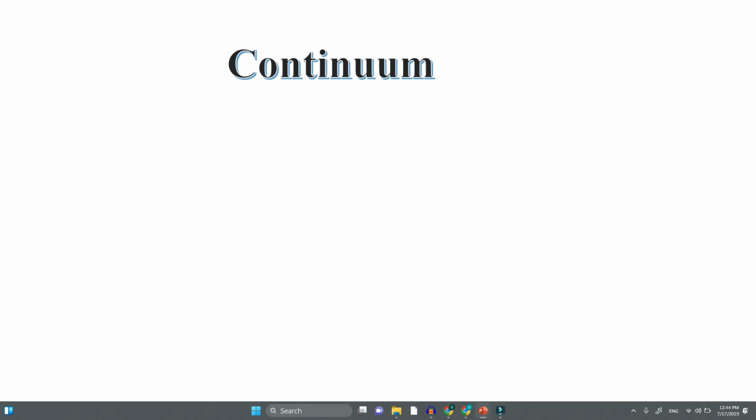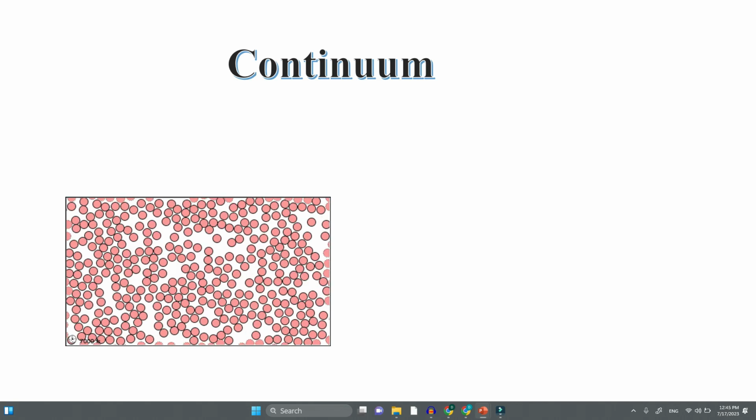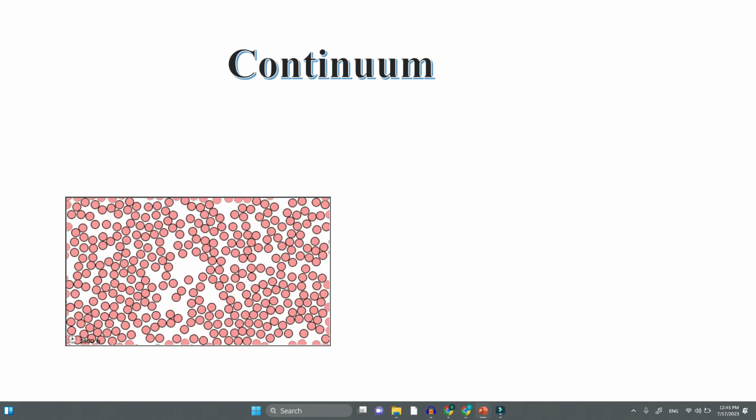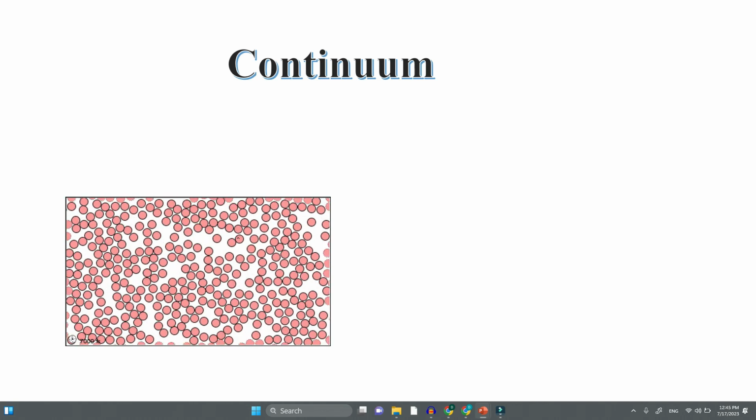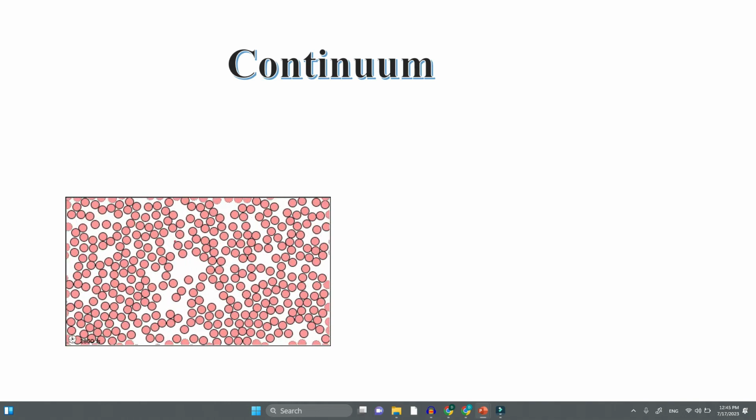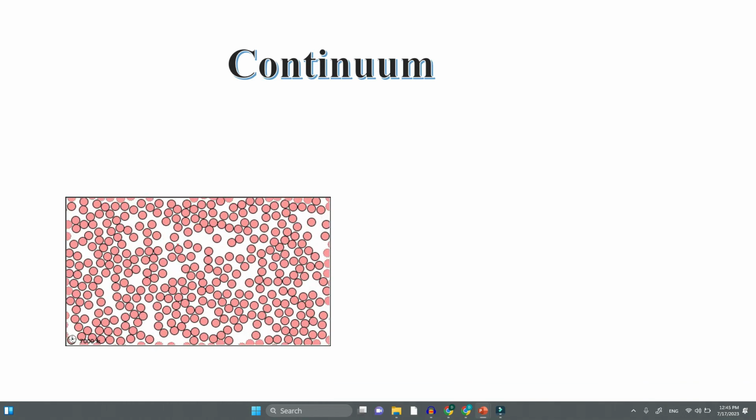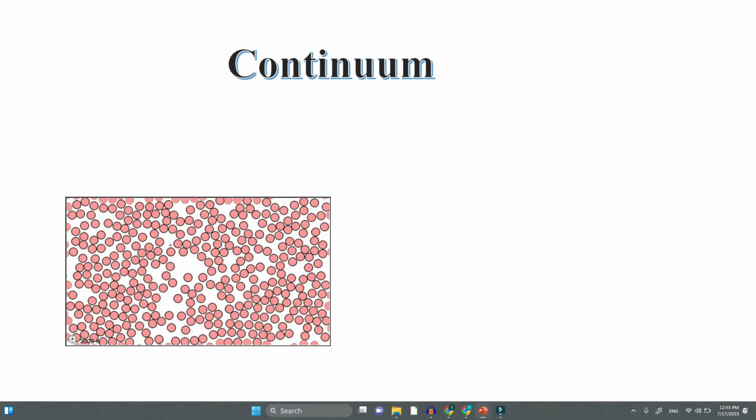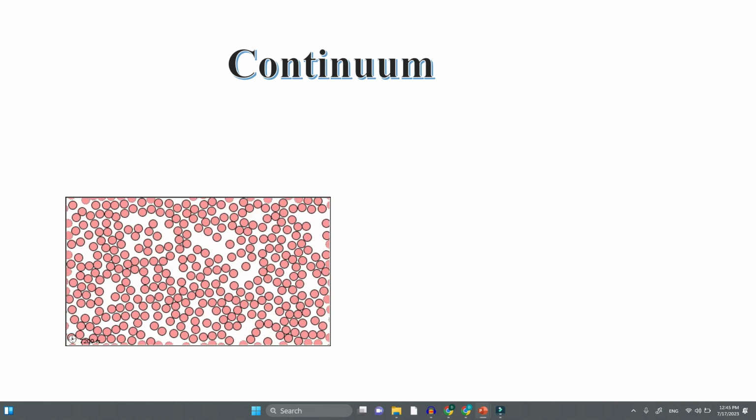Now let us understand what is the concept of continuum. Continuum in thermodynamics. You can see that here in this container there are a lot of molecules, fluid molecules, maybe it is gas or liquid. These are in continuous motion,